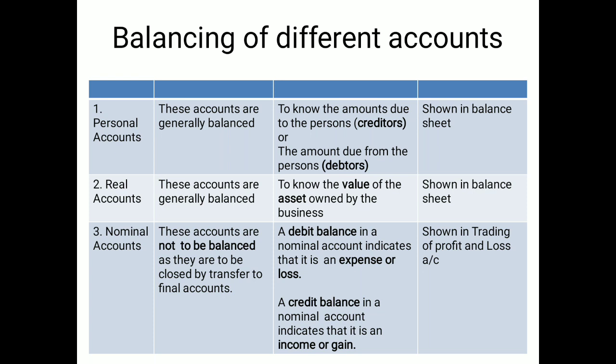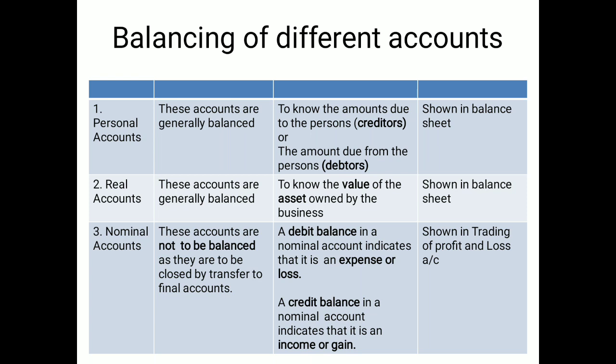So the personal account may be in the form of creditors and debtors. Any person's name, whether a real person or an artificial person, is shown in the balance sheet. So the personal accounts data is listed in the balance sheet, normally with the liabilities and capital. And now the real accounts. Real accounts are generally balanced in the same way. The value of assets will be known and shown in the balance sheet. Both are to be shown in the balance sheet. That's why the balance sheet, which shows the items at the end of the period, is called the closing entry, and when forwarded it is called the opening. The opening balance sheet data is called the opening entry.